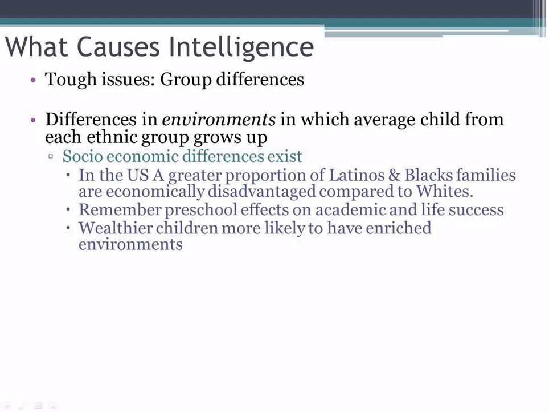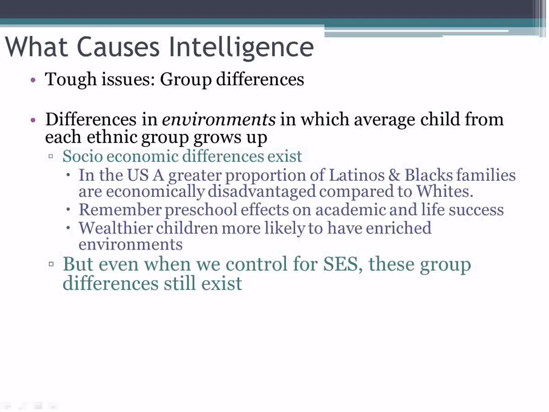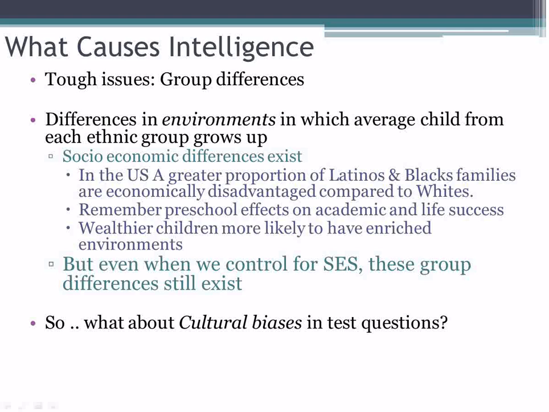Now, there are certainly some people who live in these disadvantaged conditions who do provide these enriched environments, but on the whole, on average, across the groups, those who are poor or disadvantaged tend to have less intellectually enriched environments compared to those who are wealthy. But what's interesting about this is that even when we statistically control for SES, so we remove any effects of income and social disadvantage, we still see these group-based differences. So even when we control for these economic disadvantages that are real, that can explain some of these group-based differences in intelligence scores,